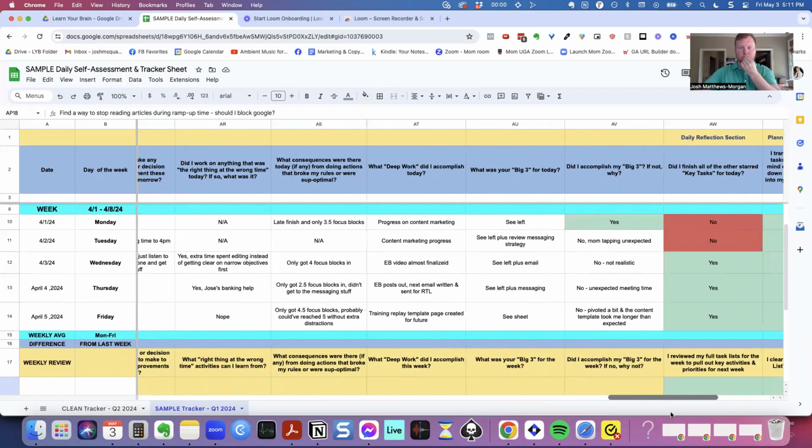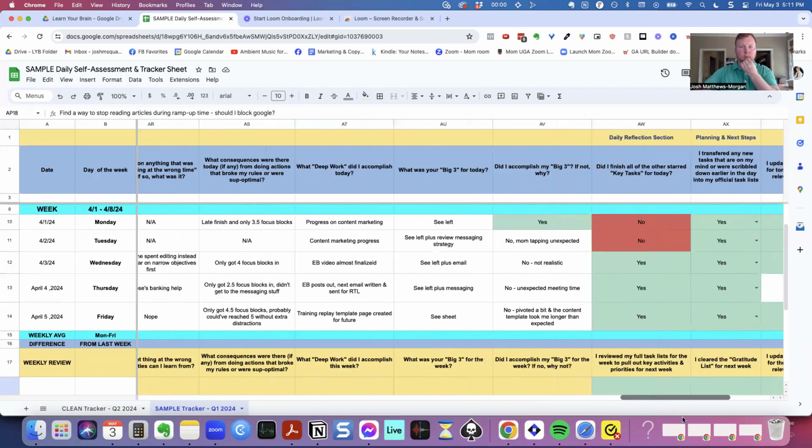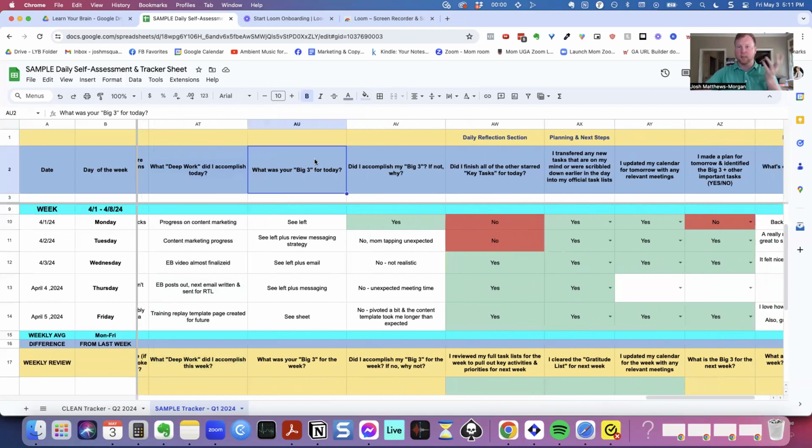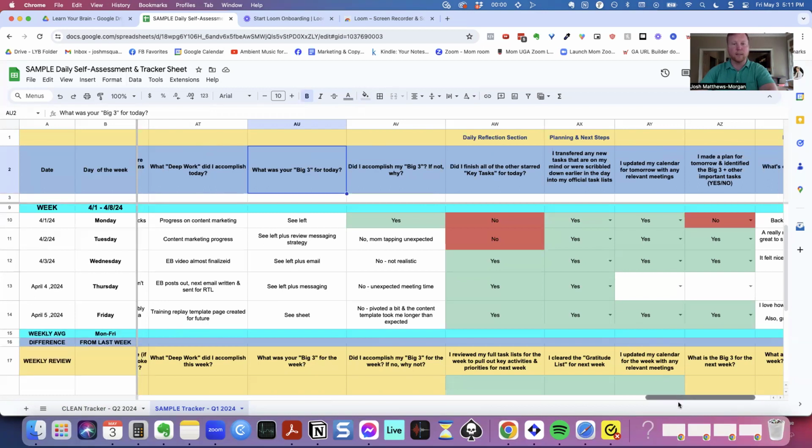Let me see if there's anything else really important on this. The Big 3, you can probably delete that. The deep work is a whole thing; that's a whole training around that. The Big 3 is just what are your 3 priority goals to get done in that day. It's a really common productivity strategy just to write out your top 3 things that you need to get done, and then start with the most important one, or the most brain-hungry one, in the morning. So you get that one done and you've done the hardest thing. Anyways,